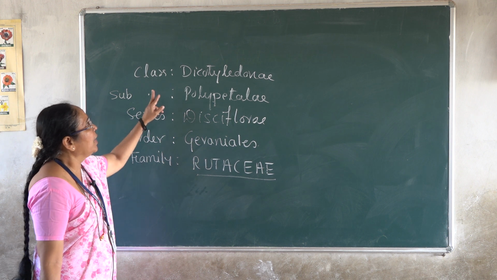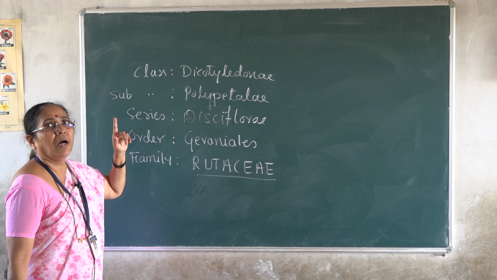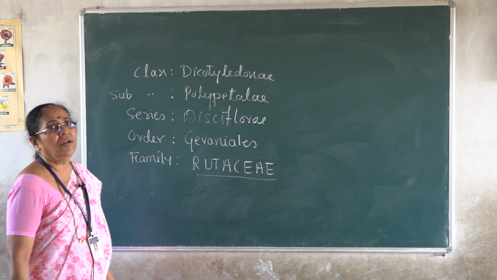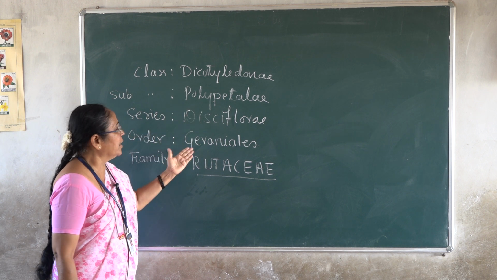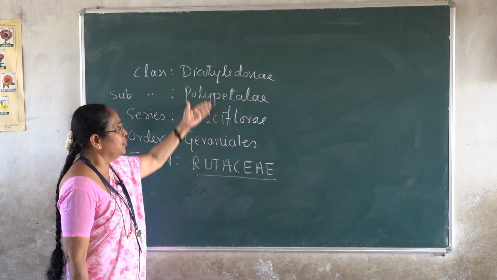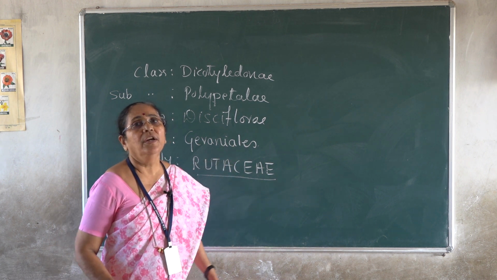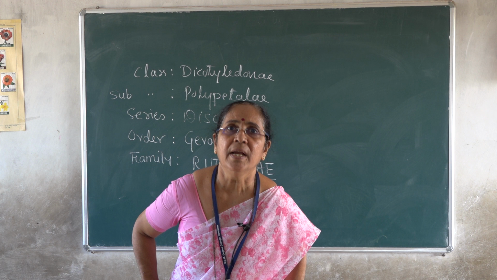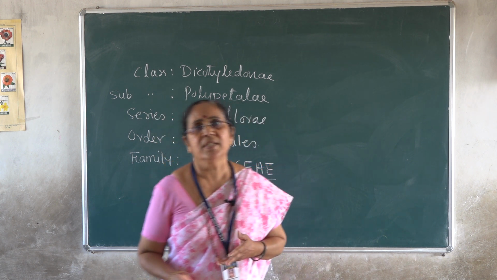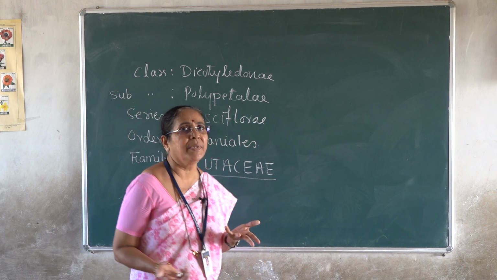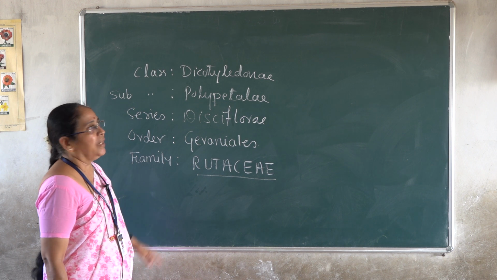Rutaceae family belongs to class Dicotyledonae. You know the reason for this classification. The Dicotyledonae, all the families or the subclass or the series or whatever the family belongs to, all these units of classification, they are characterized by two cotyledons in their seeds. And we know the basic characters of dicots. You can add up some more characters: leaves with reticulate venation, root system is taproot, and so on. They are the important features of class Dicotyledonae.